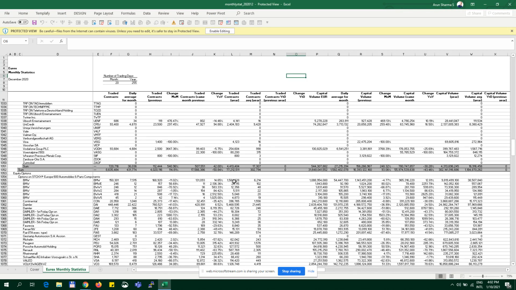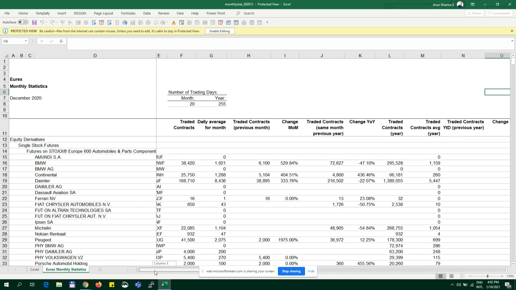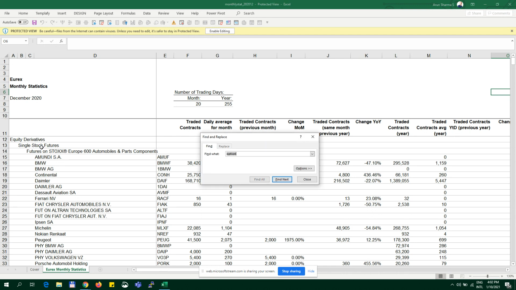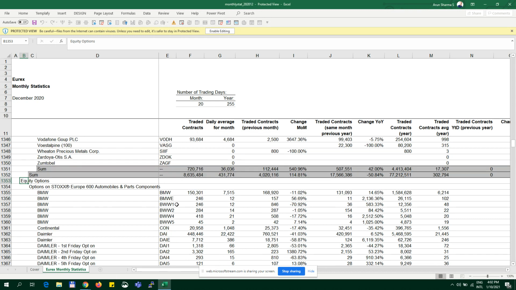If you take a look here, this is the whole month data, and currently it is showing data also for equities, futures, and options. If we do an option search here quickly, you see it is showing the traded contracts on a monthly basis, and this is the average volume per day. And as per my experience, or at least what I have seen,